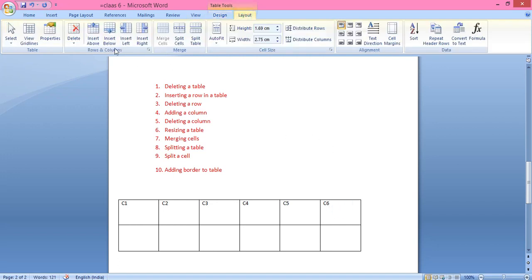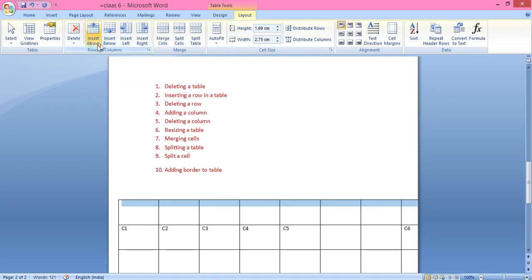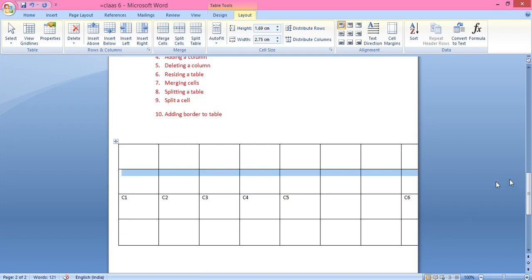Go to the Layout. Here are Insert Above, Insert Below, Insert Left, Insert Right. If you want to create a new column, just click on Insert Left, and it will be created. Insert Right, and if you want to insert rows, then just click on Insert Above or Insert Below. So you can see now the table has new rows and columns inserted.